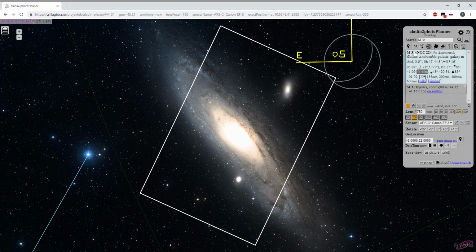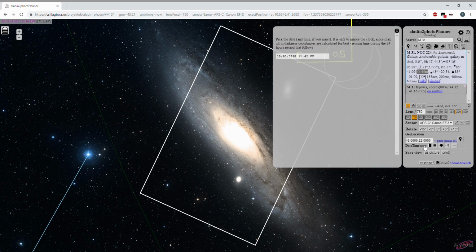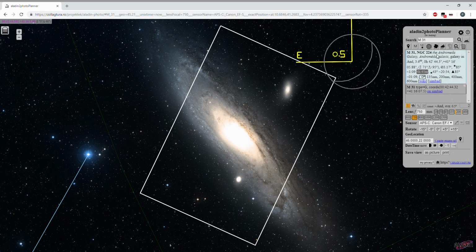Okay, so we made a simple search. M31 for tonight, Wednesday. This is the date and the local time. We have the name of the object. We have some basic info about its luminosity, its position, its J2000, its real-time altitude and azimuth,